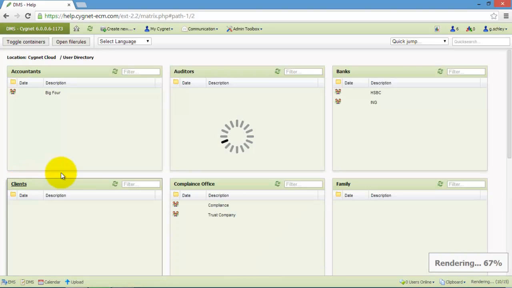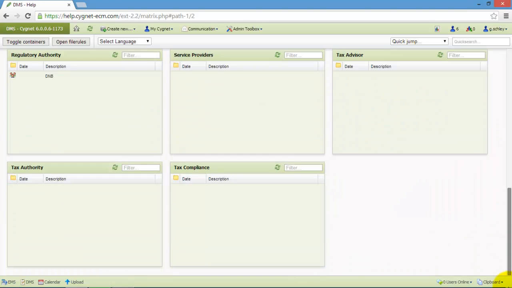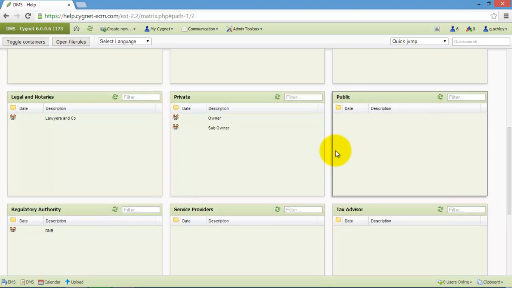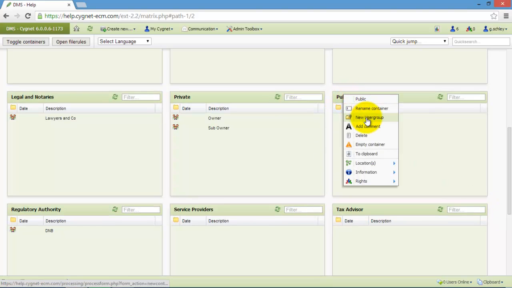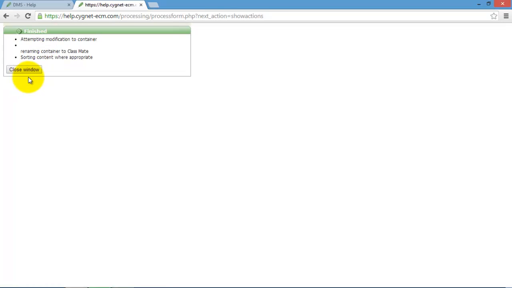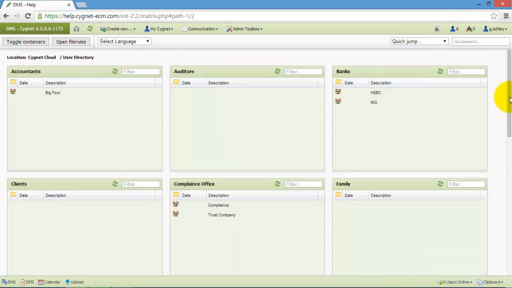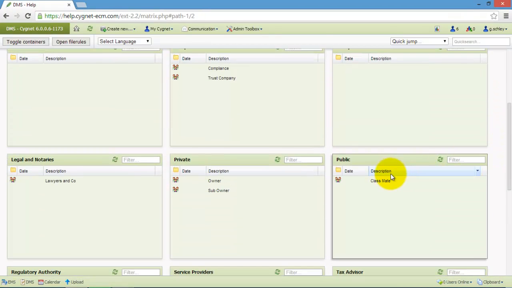So what we'll do is we'll go to the user directory, we'll go down to public, I'll do a right mouse button and say I want a new user group, and I have a classmate who I want to collaborate with on a number of items in one of my containers. So I can then close this, it'll refresh itself and we actually see that the new group is created. We can then go home,